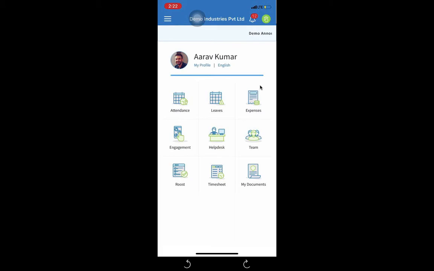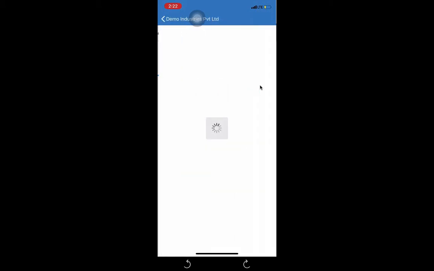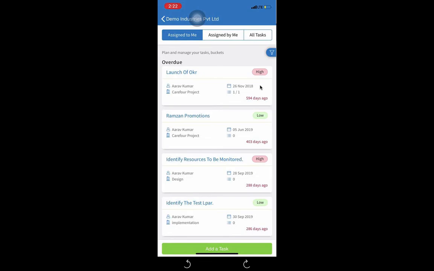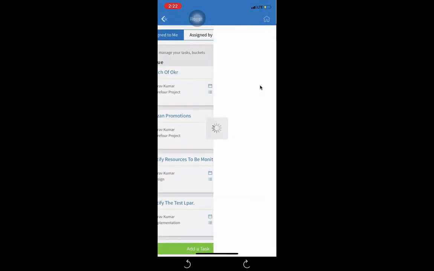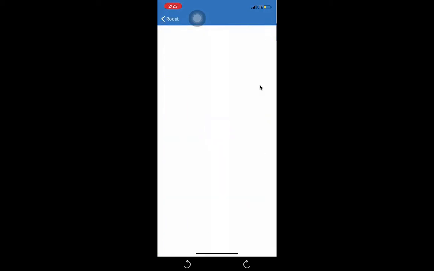Okay. Now comes Roost, or the task management. Okay, so we have already explained in detail the task management in the web version, in the web video, but it's also present in the app. So, I can just add a task as simple as possible out here from using the mobile. Add a task,